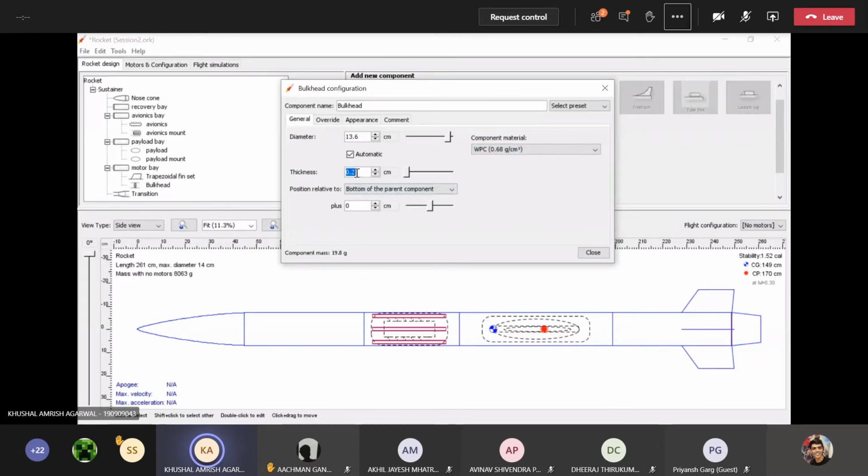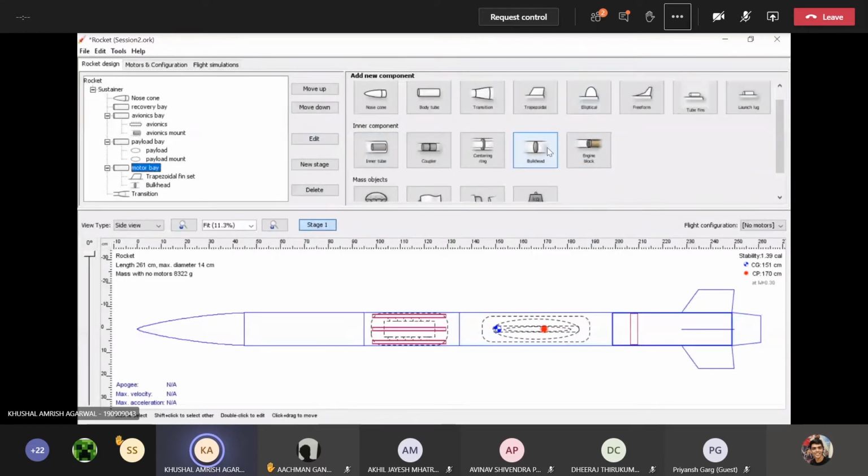The thickness of this will be 3 centimeter, and the diameter will be 13.2. Why I'm keeping the diameter lesser than the diameter of the body tube will be explained in this section later, and we'll move it near the top of the bay.